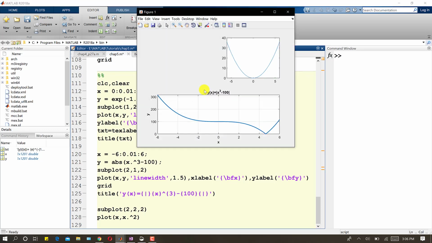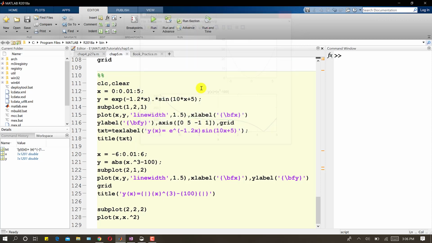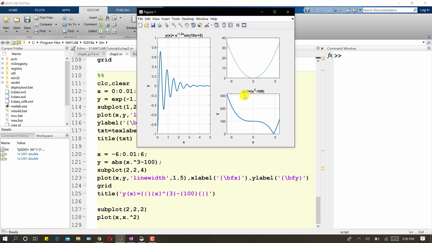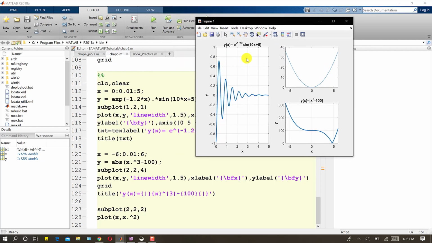If I run this, that is not visible because the address of this one is not accurate. So first we need to move this plot to this side. What should be the address for this one? This one will be 2, 2 and 4. So for this one I will write 2, 2 and 4th.